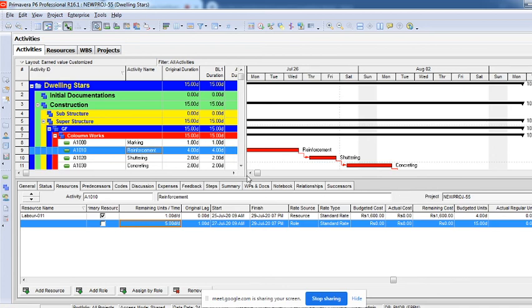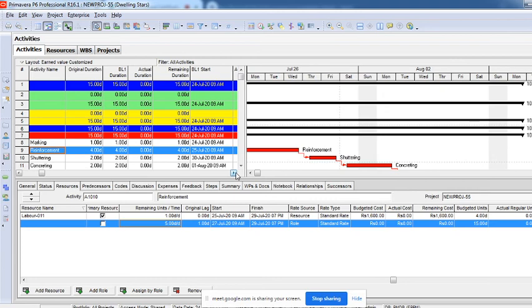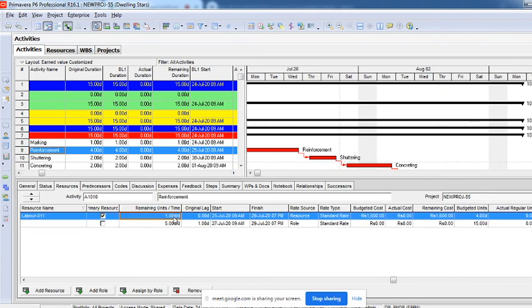So based upon that it is calculating. And where did it go? Oh, it's here. I did something else, I guess. Yeah, so you can see here 5 labors per day. Now for 4 days it is taking 20 units, and it is taking the cost of 8,000 rupees. That is the budgeted cost for all the days, right?